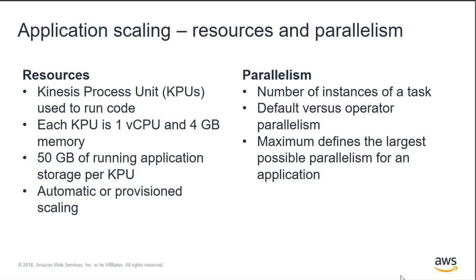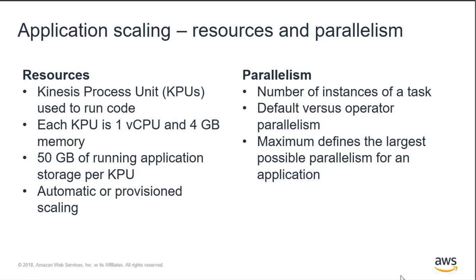So using either the default or increasing that higher, you can run the application either in an automatic or provisioned way. You can still set the parallelism yourself for the overall application as well as specific operators, or you can let us automatically scale you up and down. An example of when you would want to increase the parallelism for a specific KPU mapping would be that typically high I/O applications require a higher ratio of parallelism to resources. If you have more computationally intensive steps, then you want to keep it lower, perhaps at the default.